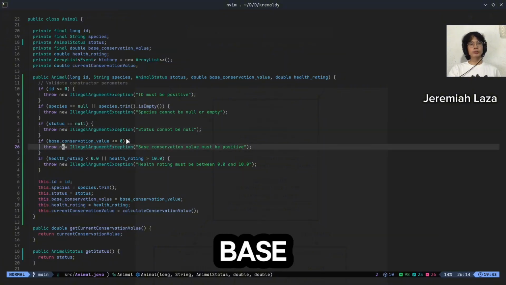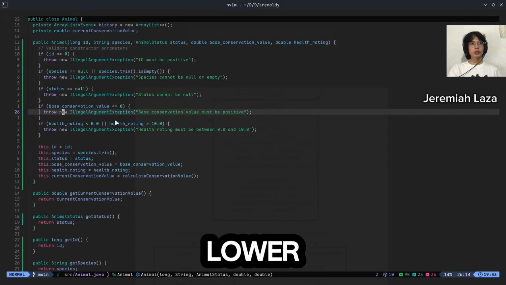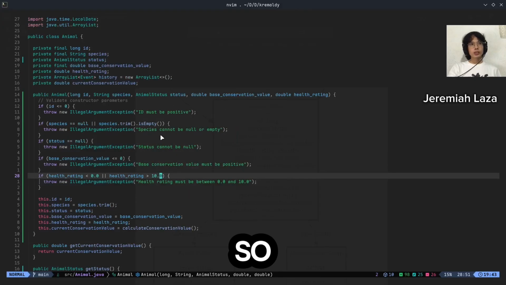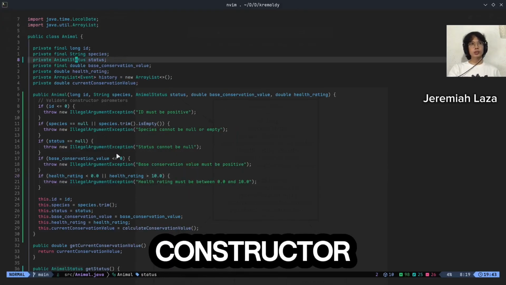The base conservation value cannot be zero or lower. The health rating must be 0 up to 10 only. So that's pretty much the attributes and the constructor for this class.